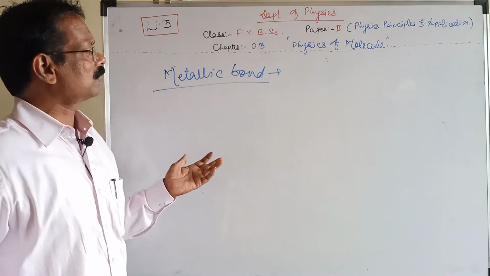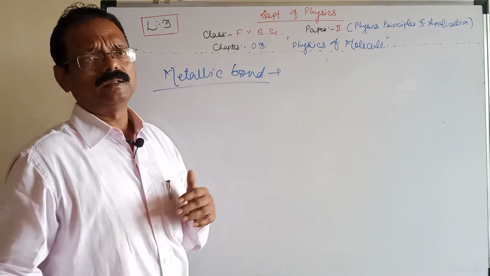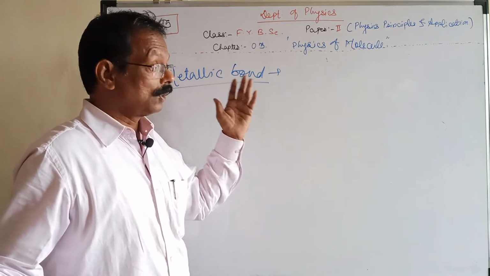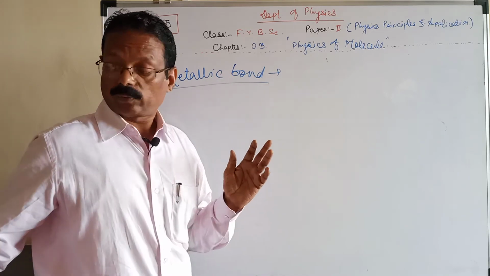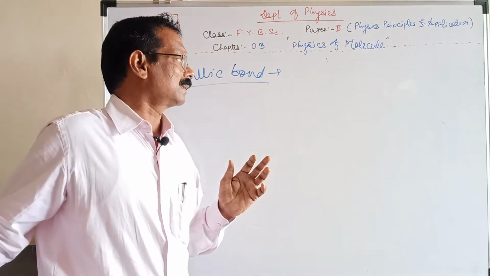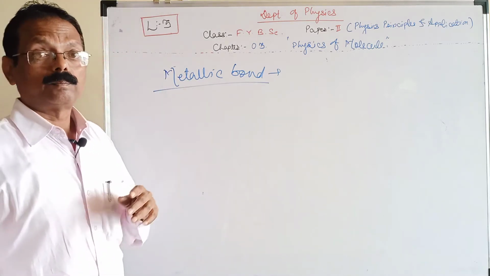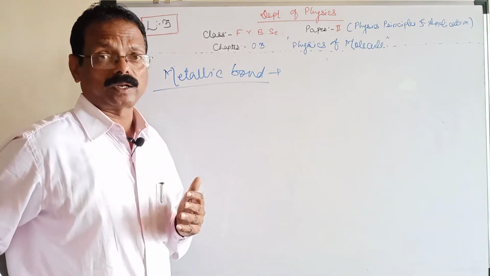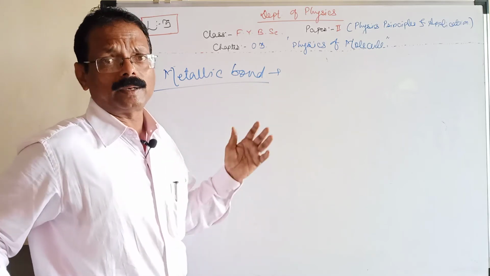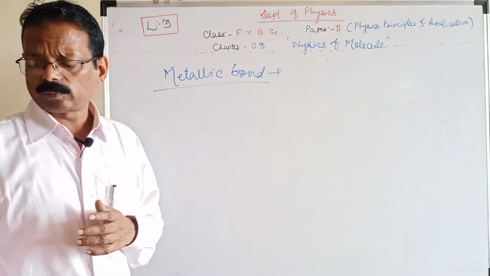So we know that in the case of metal there are so many valence electrons, and except for the valence electrons, the other electrons are held very strongly. Now these are the metallic bonds. So we can say that metallic bonds are formed by the sharing of the valence electrons, and there are so many valence electrons available in the case of metal. Now what are the properties of the metallic bond?